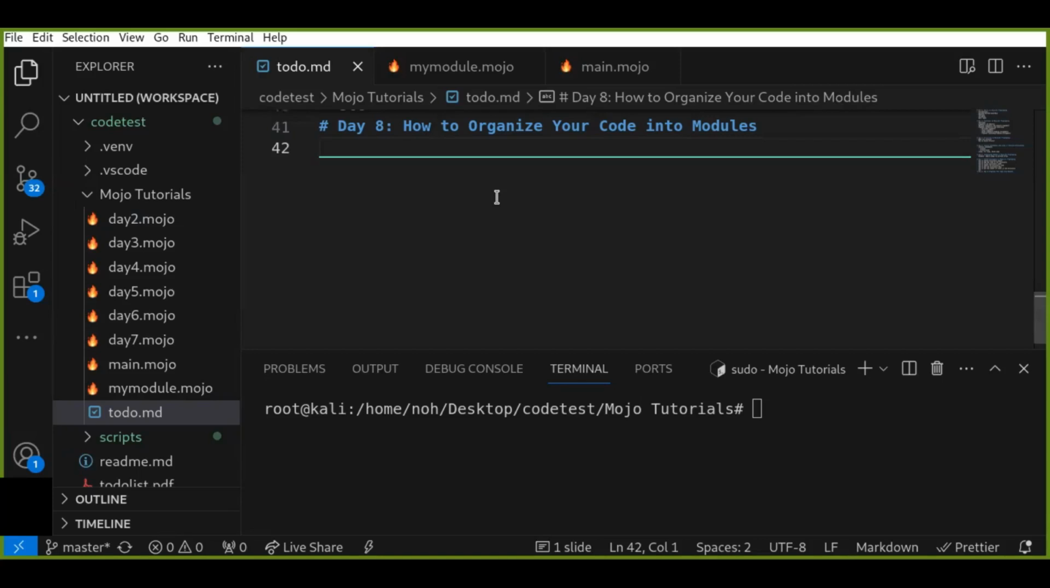Once you have grouped code into modules, you can import them into other Mojo files using the import statement. A Mojo module is a single Mojo source file that includes code suitable for use by other files that import it. For example, you can create a module named